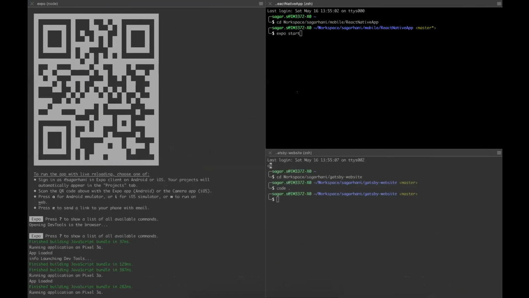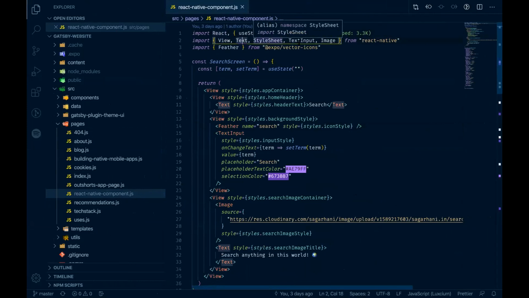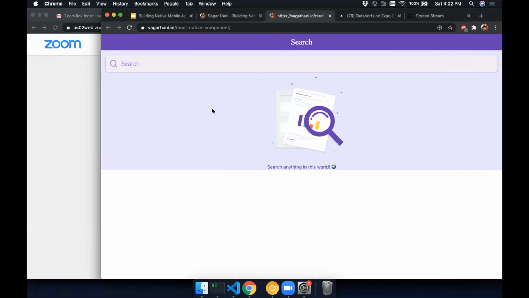And just to look at the code, I have this. In my Gatsby website, I just created a new page named React Native Components. I took the entire React code, and I'm importing the image tag, text, style sheet, and input text from React Native. I'm making use of a plugin called the Expo Gatsby plugin, which will take this, run the bundler and get the code which is supposed to run on the web.